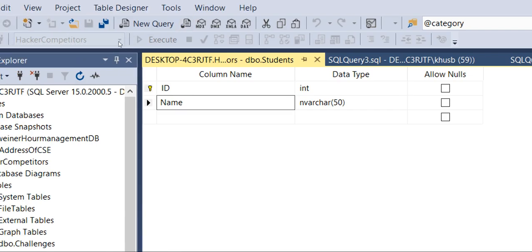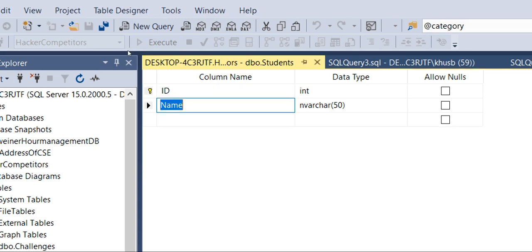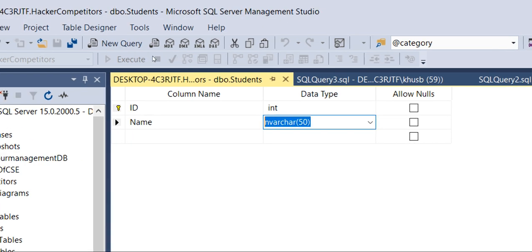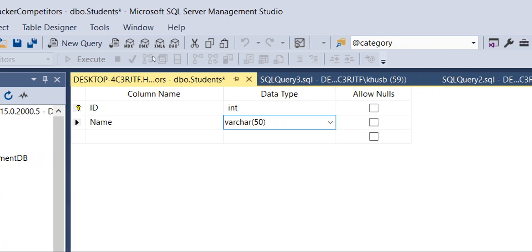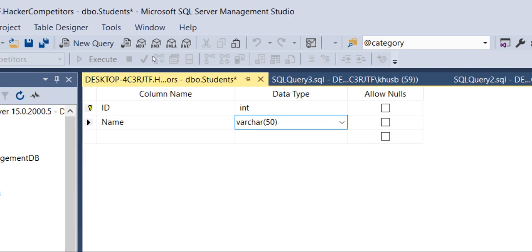So let's say this is my student table, and in this table I want to store the name of the student. So this is the column name. For the columns I want, I will give some name, right? And after defining the name, I need to specify the type of data. This name is obviously variable length. Someone has a very long name, someone has a very short name, right? So instead of char here, I will have a varchar, right? Varchar of, let's say, nobody has a name with more than 250 characters.